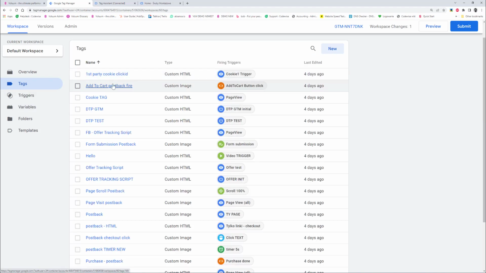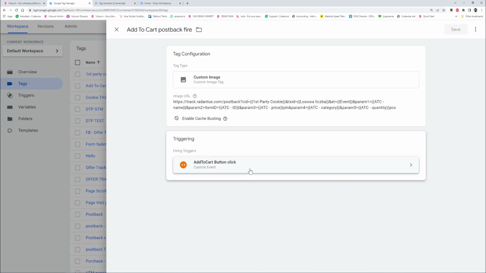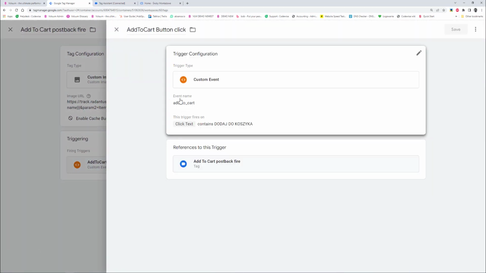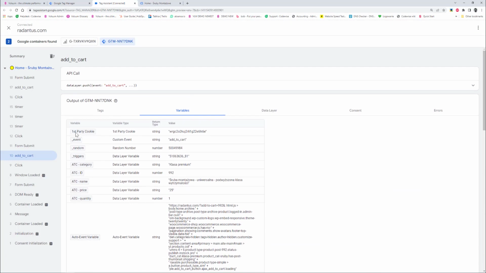And now I can create a real simple tag, which could be, for example, my postback, and I actually have it already predefined. So I have add to cart postback fire. So this postback fires whenever an event is add to cart. I have my custom trigger for event type add to cart. This is exactly how it is named in here. You can see add to cart,